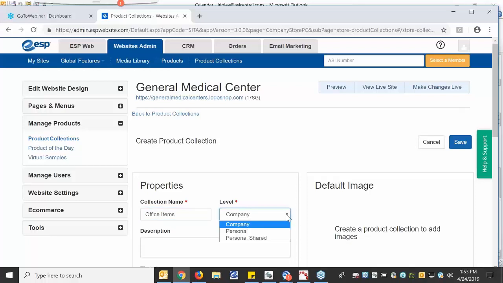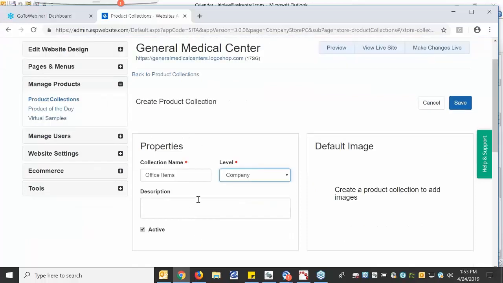I'll leave it at the company level, but remember, there are other levels I could use, personal or personal shared. I don't think it needs any further description other than office items. And again, I'm leaving the checkbox of active checked. I'm going to save my product collection